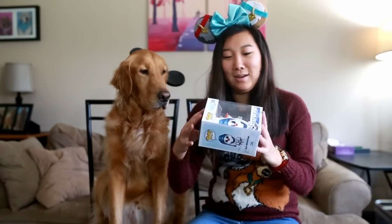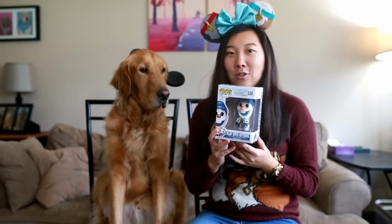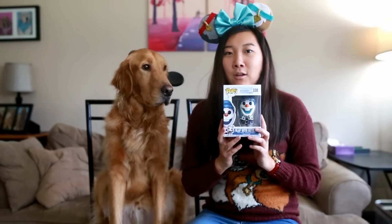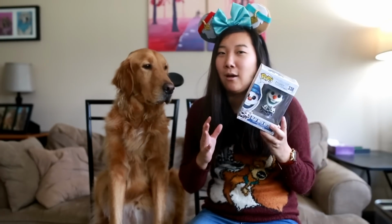And the next things I got were some Pop Funkos to add to my collection. So the first one is Olaf with kittens, and it is from Olaf's Frozen Adventure. They showed that in front of Coco, and I went and watched it, and I cried in Coco. I didn't cry in Olaf's Frozen Adventure, but it made me really happy because I love Christmas, and I'm not a huge Frozen fan, but I do really love Christmas and the whole looking for traditions,